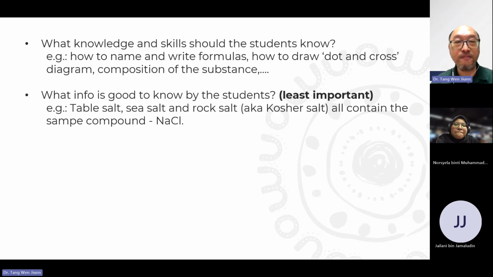So we need to identify, for today's lesson, if this is the coverage, what will be the least important things that is good for me to touch, but just touch and go. And I don't expect the students to remember this and carry them until the examination. These are some of the things that we need to know as well, because sometimes we are too eager to share some facts with students,